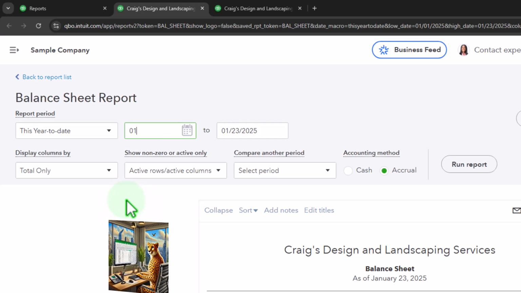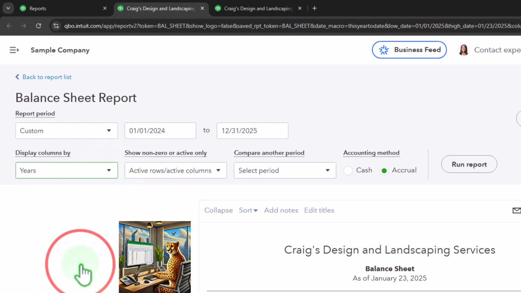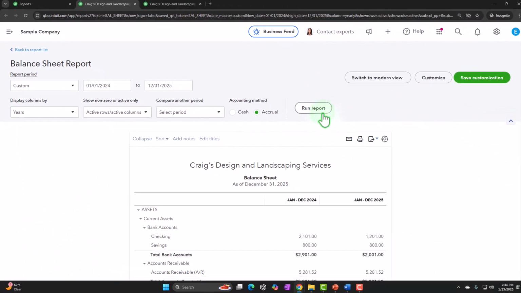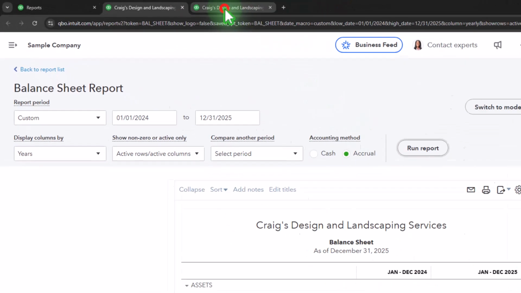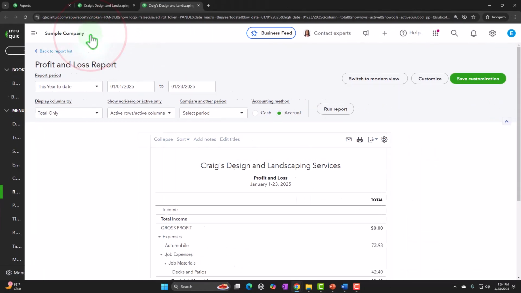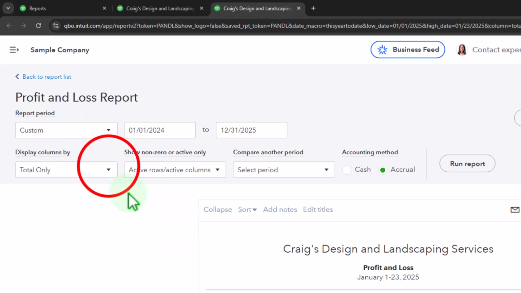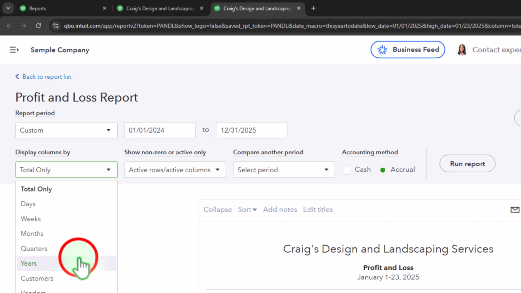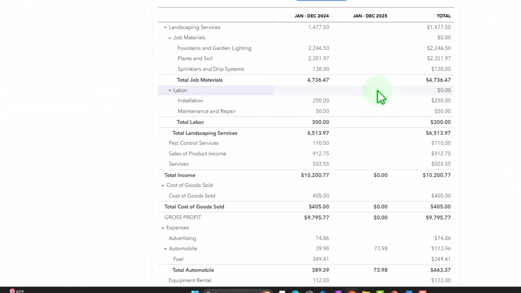Let's go from 010124, tab, 123125, tab, select the drop down and put it in years, run it to refresh it, years of 24 and 25 side by side. Let's tab to the right once again, get that bun out of the working room so we have more space. 010124, tab, 123125, tab, selecting the drop down to see it in years, running to refresh,